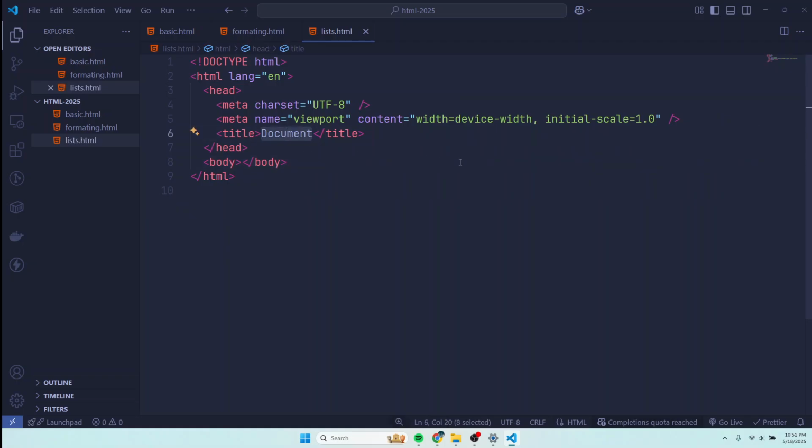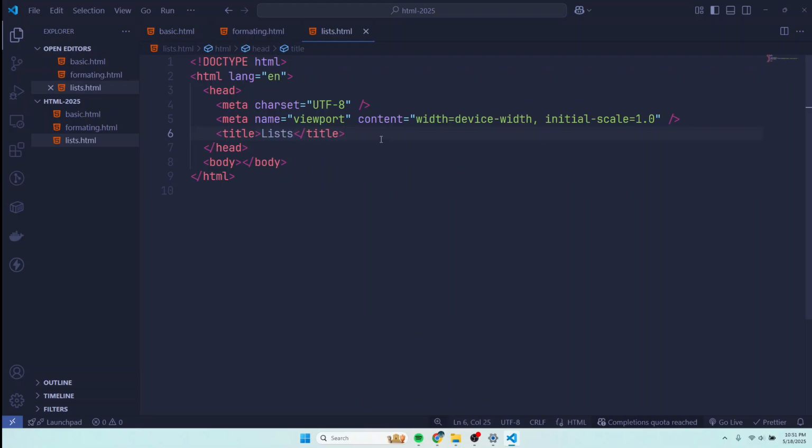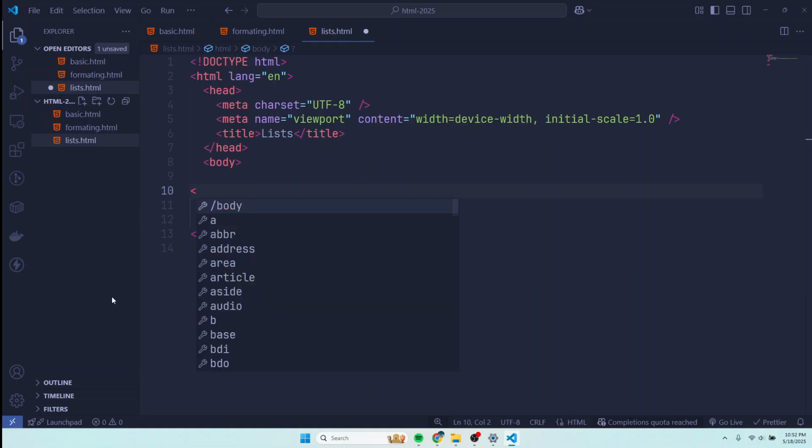So we are going to name our title as lists, then Control S to save that, and we start with the ordered list. To do the ordered list, you'll just pass the name OL to represent ordered list